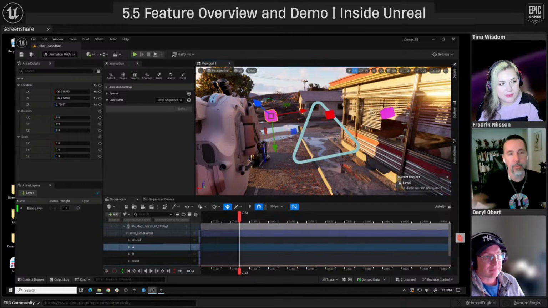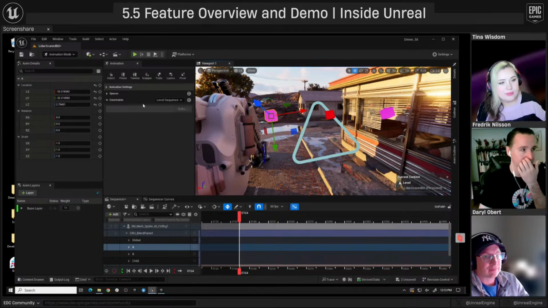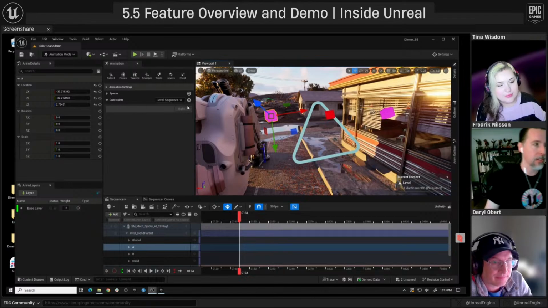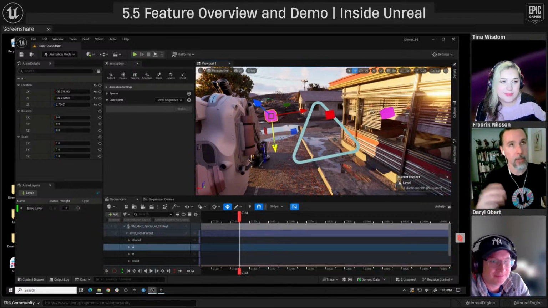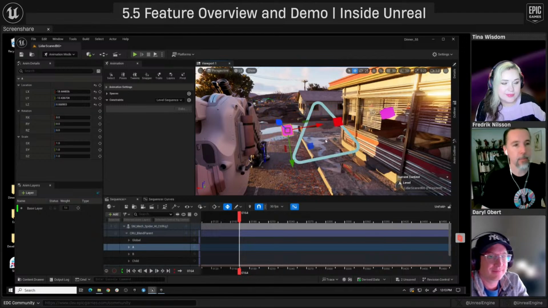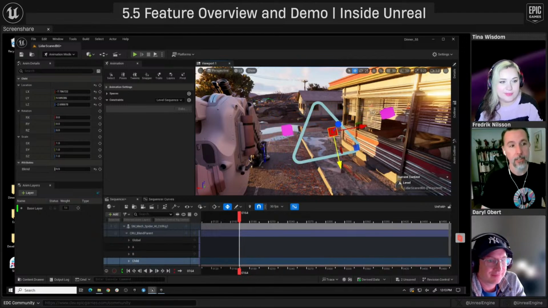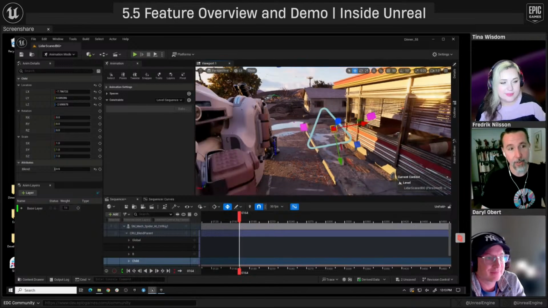So again, if you want to move something in a percentage, because we don't have multi-parenting with animatable weights yet for the constraints, it is something we are going to look to in the future. It's just being able to constrain something to multiple objects and blend between them. Because we don't have that, we figured we could just do it with a control rig. So you can constrain things to this if you wanted to, right?